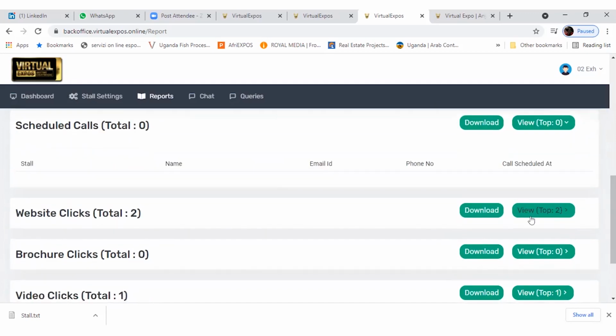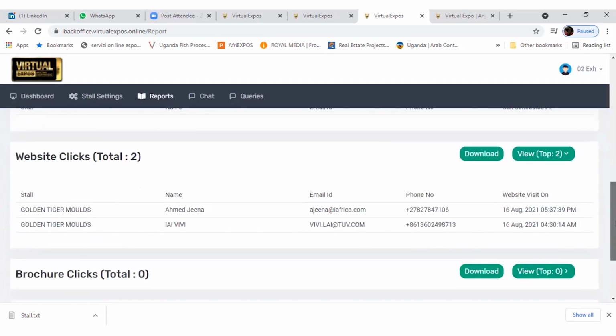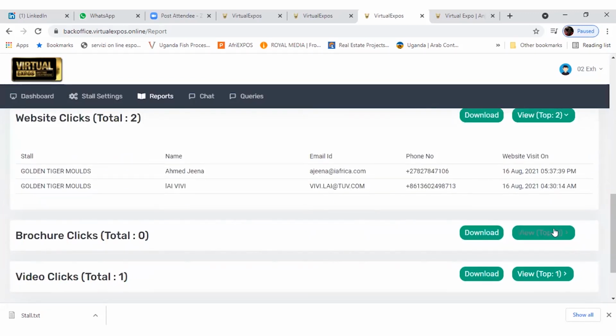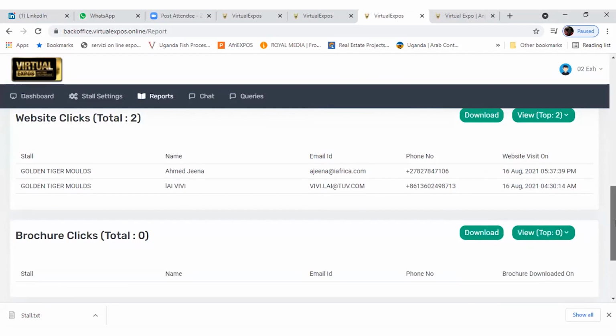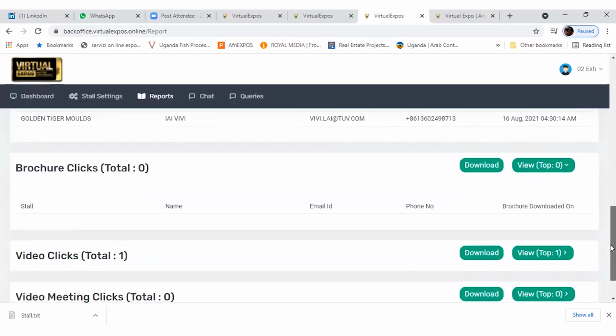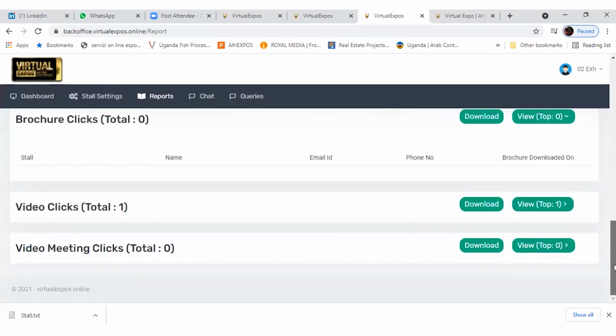And this is the website click. Whichever visitors go and click the website, their details will come here. And also the brochure clicks. Because we didn't have the brochures in that stall, it is not displaying, but accordingly you will get to know if they downloaded the brochure and which company they downloaded.